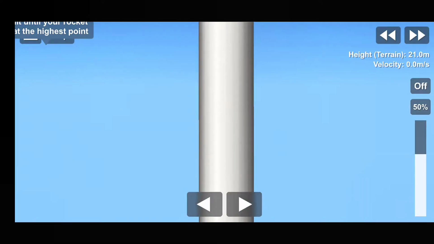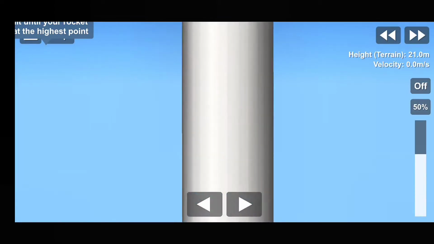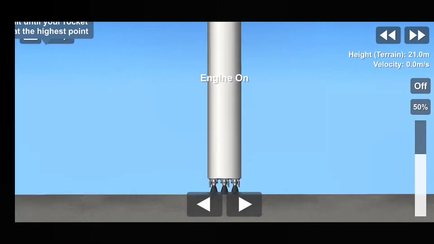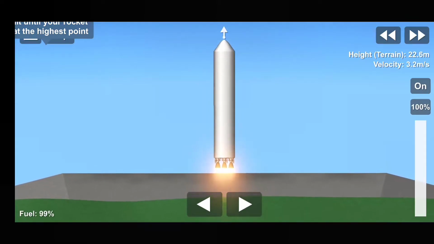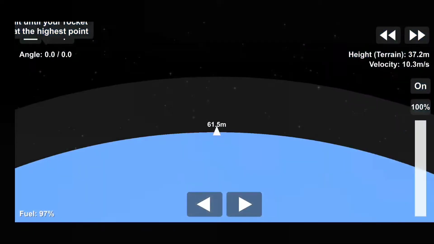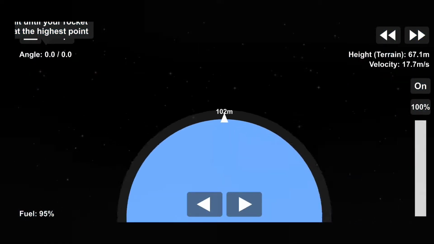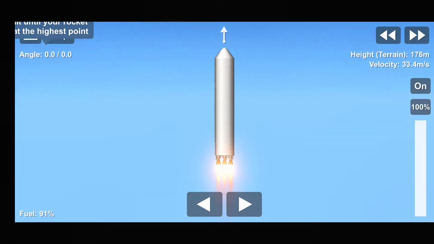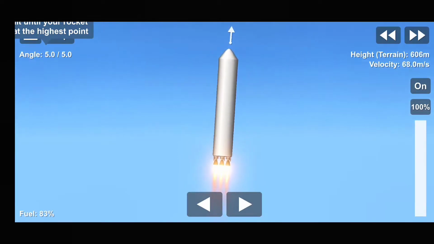This video might be a long video. You might skip to the end to see how the crashing looks. I'll show the entire process of how to go into a lower orbit and a higher orbit, and how to crash into the surface or get into the surface of the moon. A similar process will also be used when you try to land a rover or a space shuttle on the moon. Instead of crashing into the moon, there we can use a parachute to land properly.